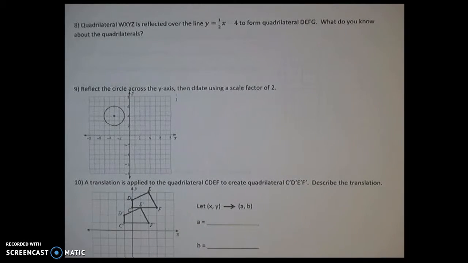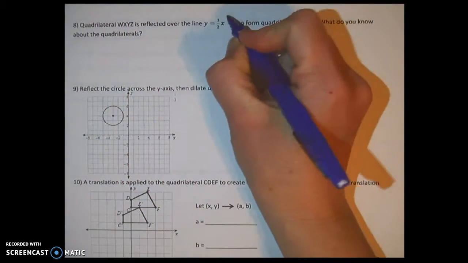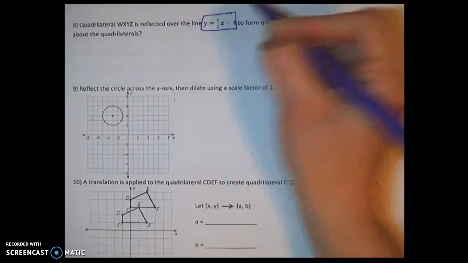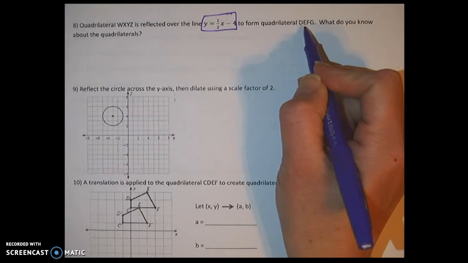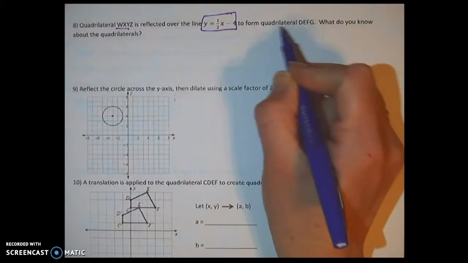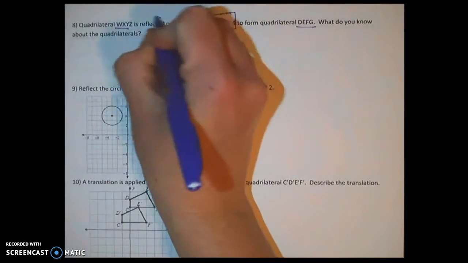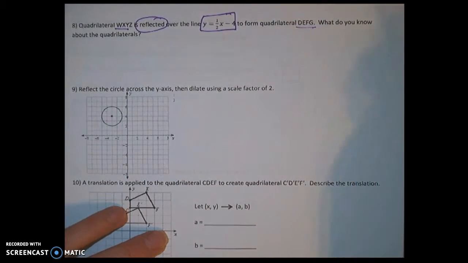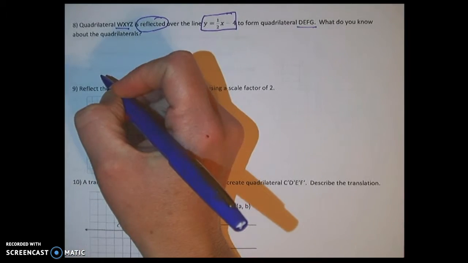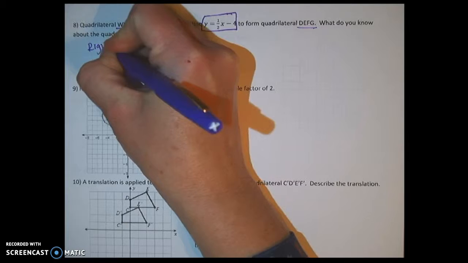In this particular problem, it says quadrilateral WXYZ is reflected over the line y equals 1/2 x minus 4 to form quadrilateral DEFG. So WXYZ turns into DEFG. What do we know about the two quadrilaterals? Well, the thing that you have to remember is that it is reflected. And the first thing that should come to your mind is that reflections are what we call rigid transformations. And because they are rigid transformations,